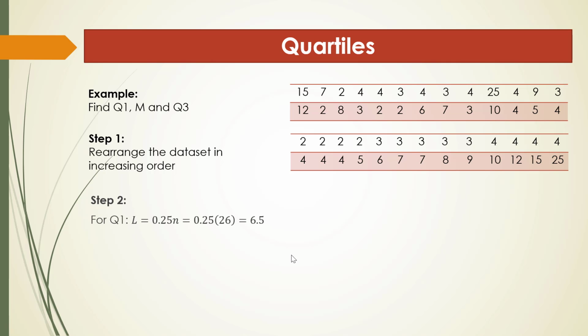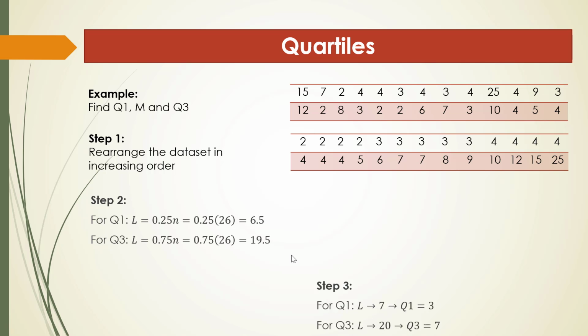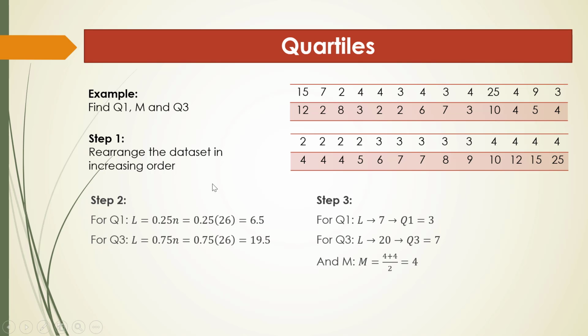For the first quartile Q1, L is 0.25 n. N here is 26, so we get 6.5 as the L number for Q1. Similarly, for Q3, the L number is 19.5. Step 3, now we look at the L numbers. For Q1, 6.5 is not a whole number, so we need to round it up to the nearest higher number,